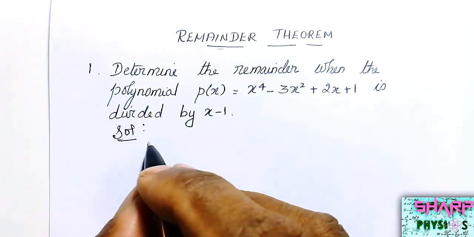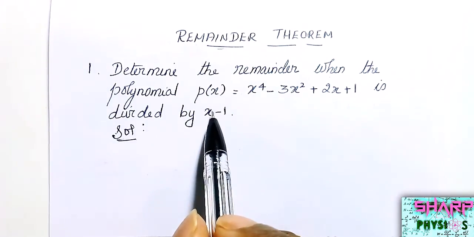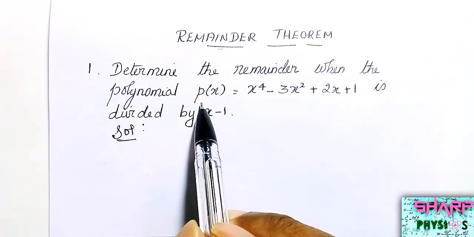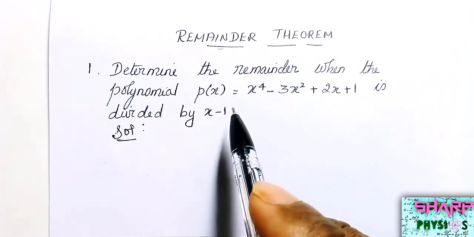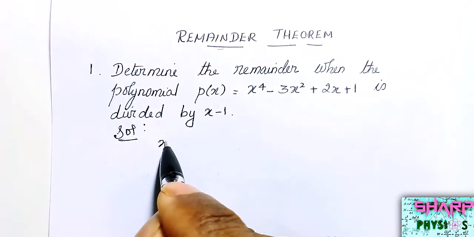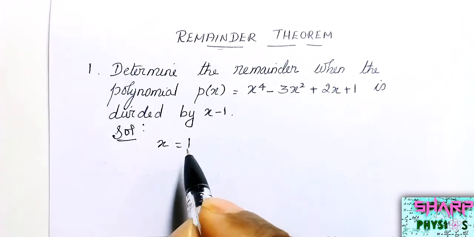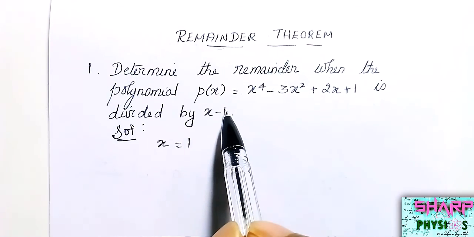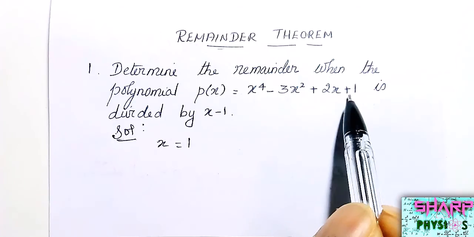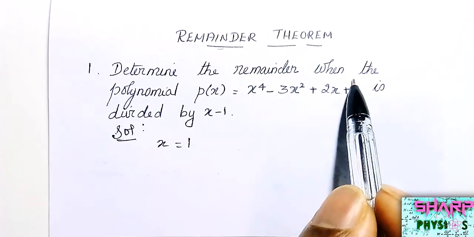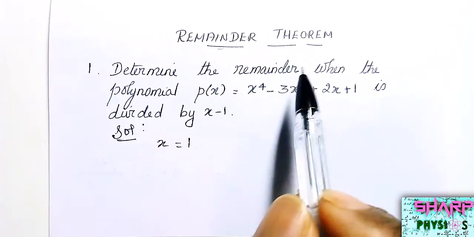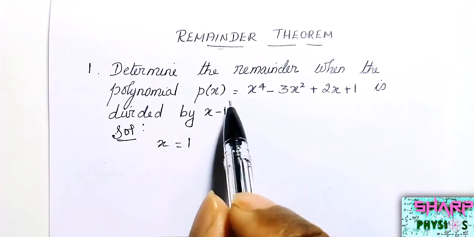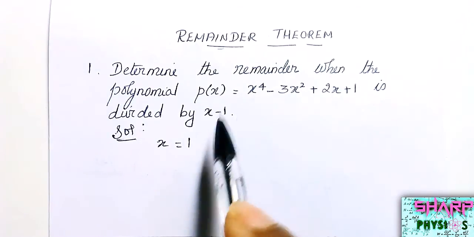Generally we have to divide this by means of the long division method. So by remainder theorem we are just substituting the value of x. So here x is equal to nothing but 1. Actually x minus 1 will be the divisor which we have to divide this whole polynomial by, and you will get an answer. It will be a long process. So we are going by the remainder theorem method.